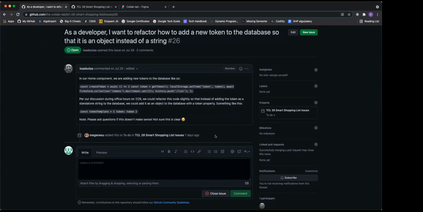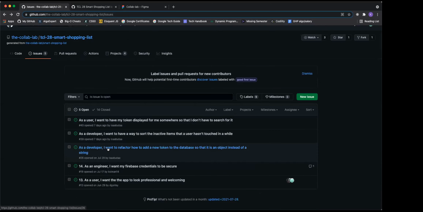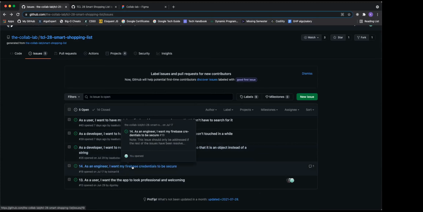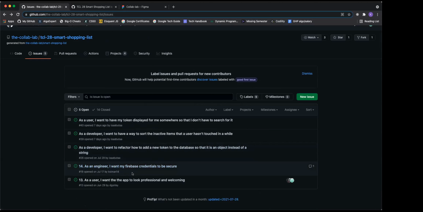It's basically the same way that you add an item to Firestore, you use that same code, just refactor it so you do it for the token. Yeah, that's all. Again, that's fine. It's just good to review them. And then this Firebase one, I remember I added at the very beginning. I left a comment on that and how to do it, but it's probably going to be out of scope for this project. So similarly, unless someone wants to take it on their own, it's not something we need to prioritize.